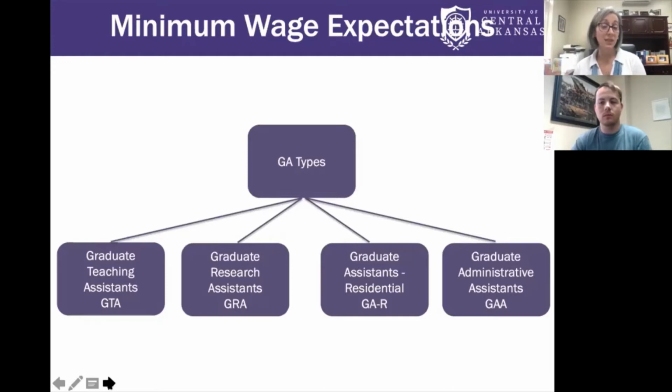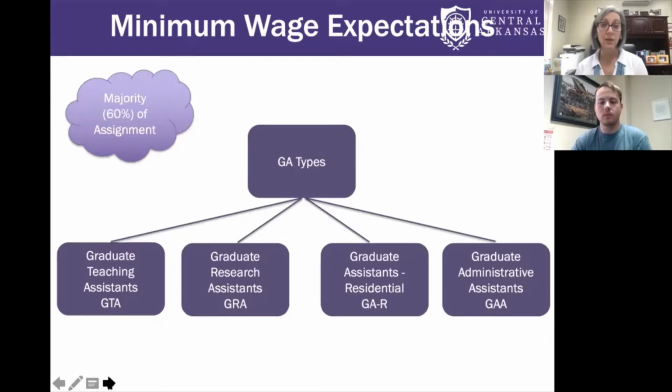The key to these classifications is that the majority of the student's responsibilities, and by majority, our human resources department defines that as 60% of their time, is spent engaged in those types of activities. So if you are a GTA, at least 60% of your assignment should be related to teaching. So if you need a GTA to sit down and answer a phone for the afternoon, or perhaps make some copies, that's fine, but the majority of their time should be spent in these particular areas